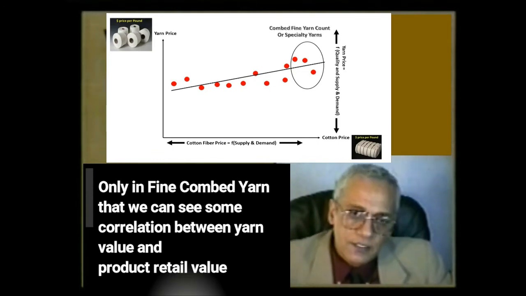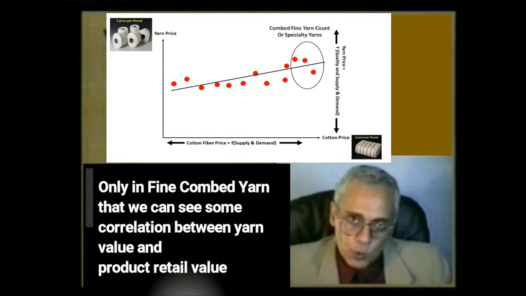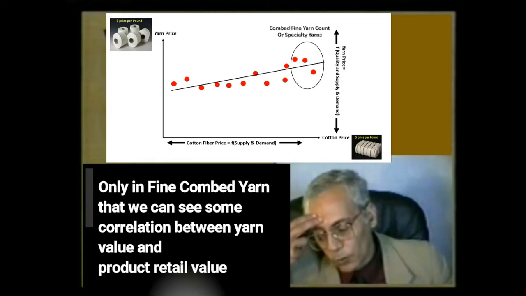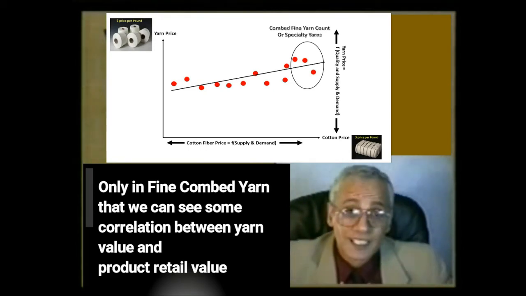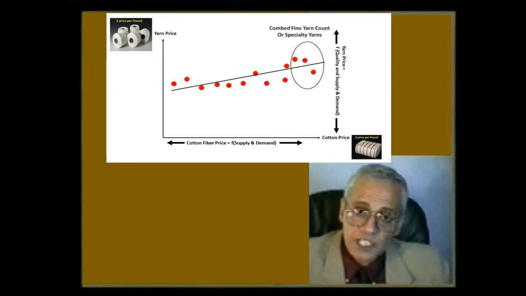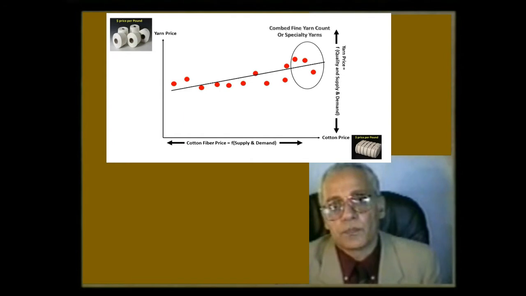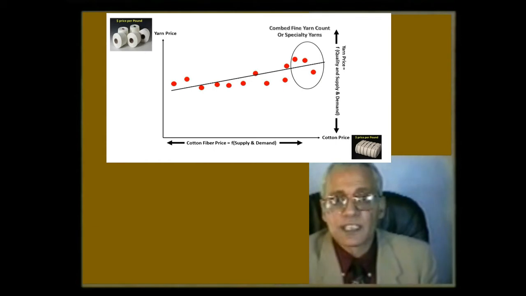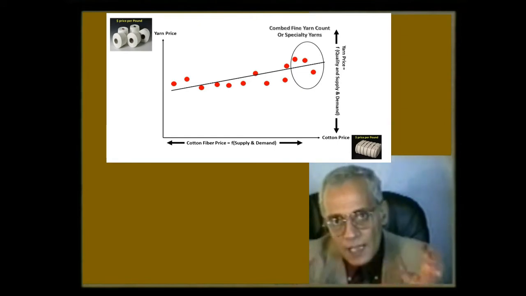Well, to illustrate the meaning of this correlation, let us go back to 1994, when the cotton price doubled from 55, 60 cents a pound all the way up to almost $1.05, $1.10 per pound. That was a substantial increase that took place in a very short period of time. During the same time, what happened to the yarn price? Almost nothing. It stayed the same, and in many cases it was declining. So that is the dilemma that we face here.